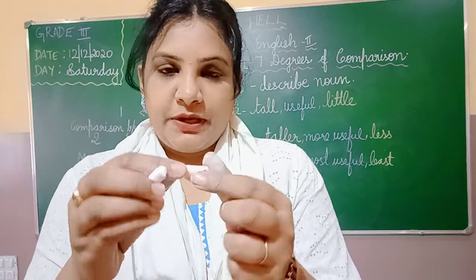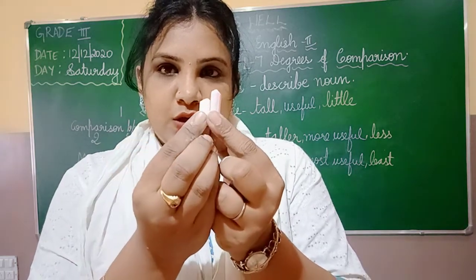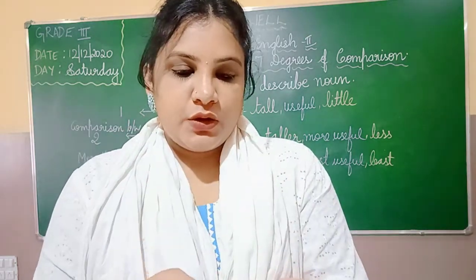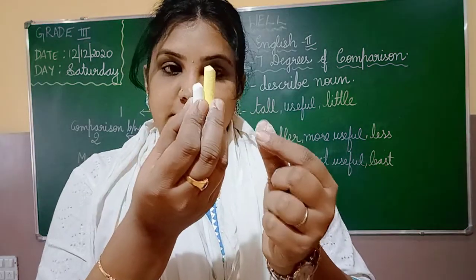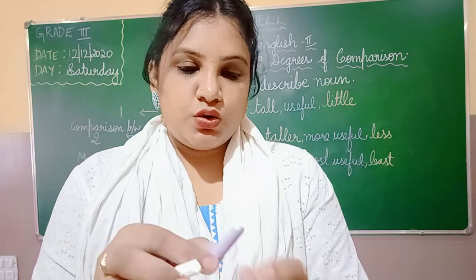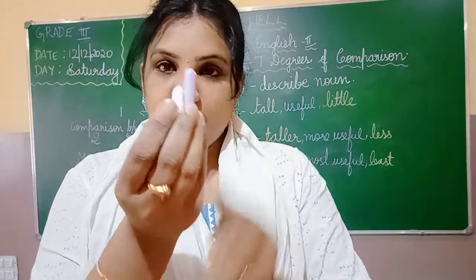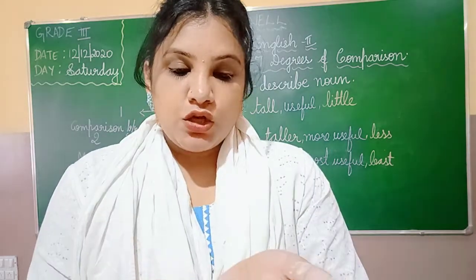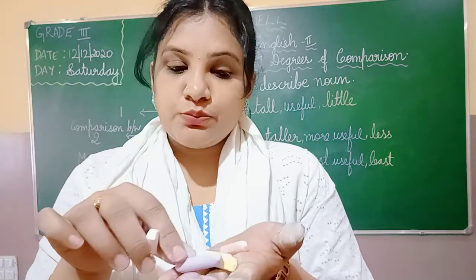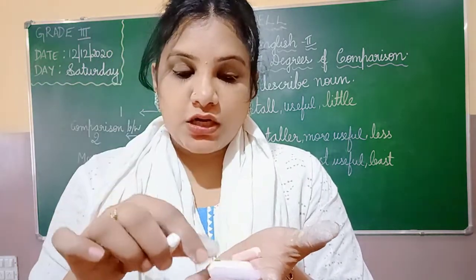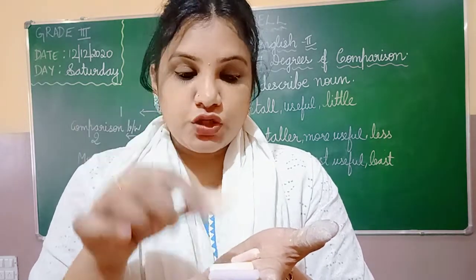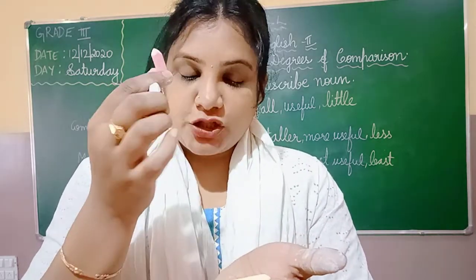Now we will go to the pink chalk. No, again it is small. We will go to the yellow chalk. We will check. Again this is small. We will go to the final purple chalk. Again this is small. So this white chalk is smaller than the purple chalk. It is smaller than the yellow chalk. It is smaller than the orange chalk. It is smaller than the pink chalk.